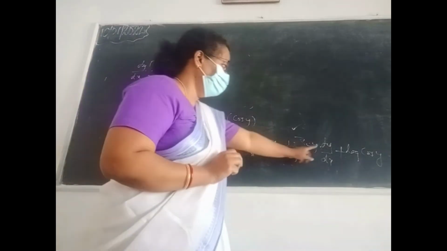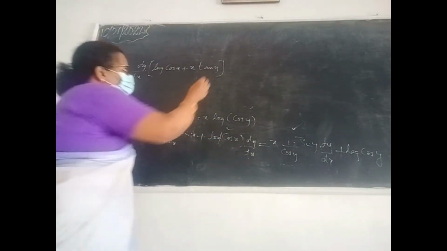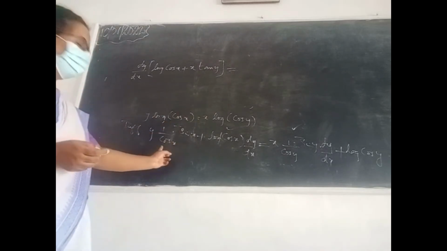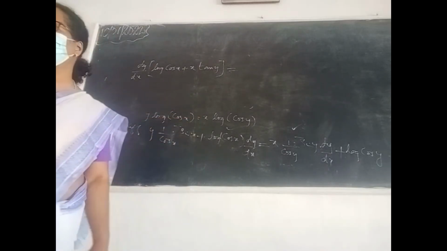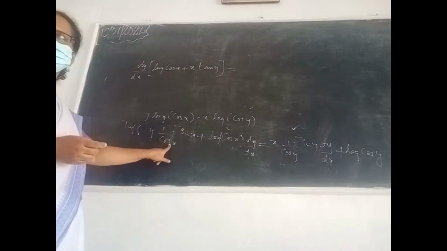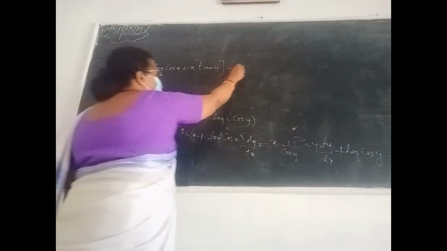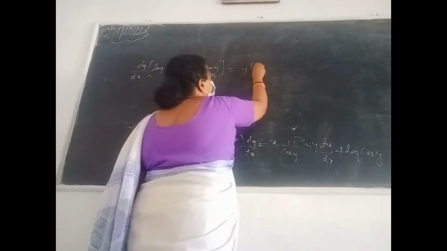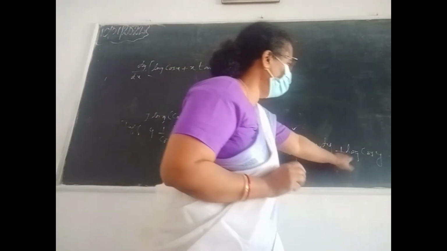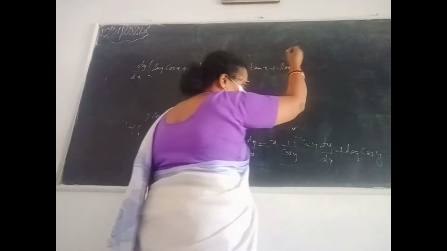Finished, isn't it? Next is dy by dx. The rest of the terms we will write on the RHS. So what will be on the RHS? Equal to, this term will go there. So it will be changed as what? It is negative. When it goes, it will be positive. Y is there. Sin x by cos x. What is sin x by cos x? Tan x. So what shall I write here? Y tan x. Then this term. What is it? Plus log cos y.